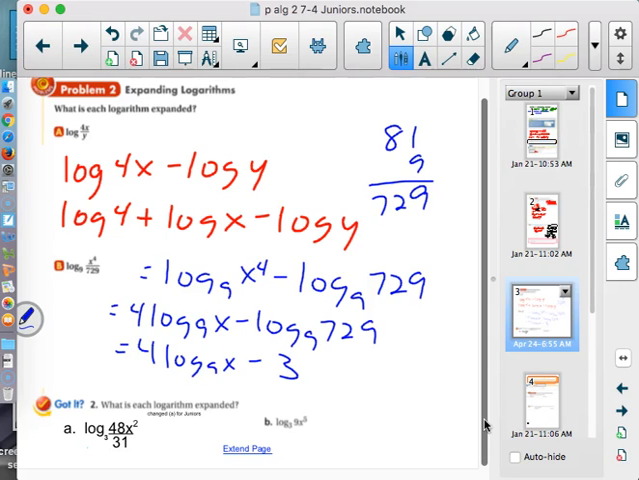So it'll be 4 logarithm base 9 of x minus 3. And it is expanded. We broke it apart. We found what we needed to. All right, now,